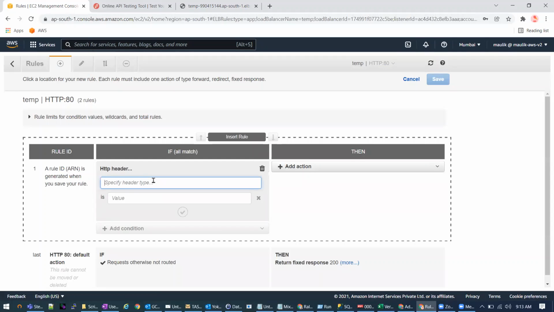HTTP header is basically used when we are using the load balancer for APIs, and we can put conditions based upon different headers. So, for instance, I have this API.